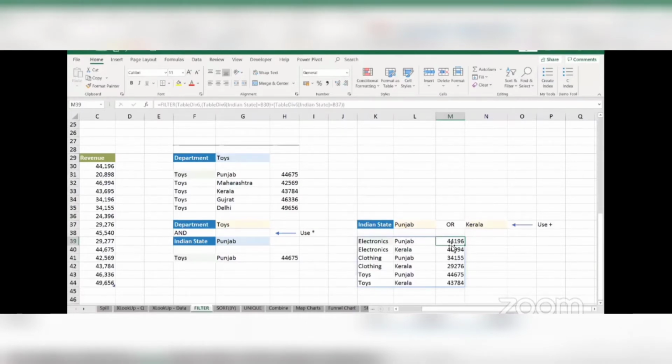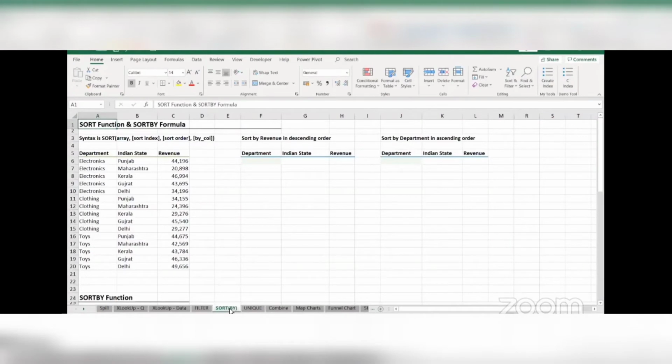All right, perfect. I see a lot of yeses coming in. So that's great. Let's move on to the next formula now, which is the sort formula. Again, a very, very simple concept. Nothing new here. We looked at the filter, which basically filtered your data and kept it dynamic. The sort formula sorts your data somewhere else and manages to keep it dynamic. Underlying concept is the exact same.